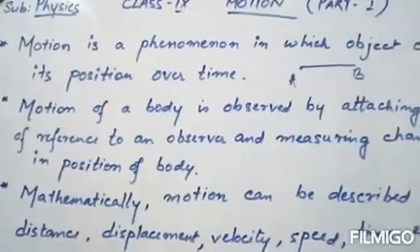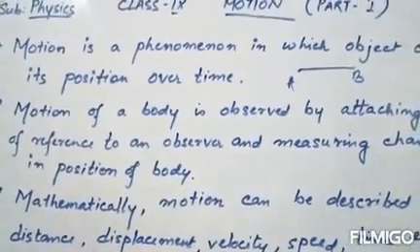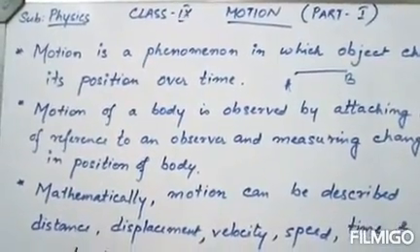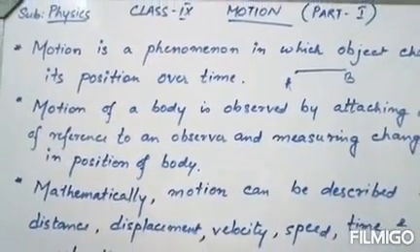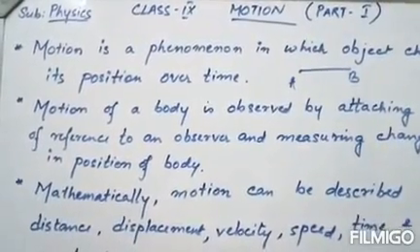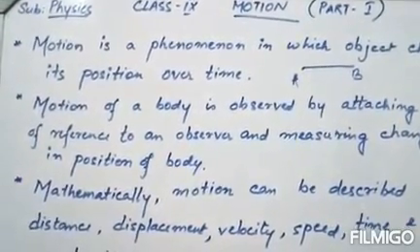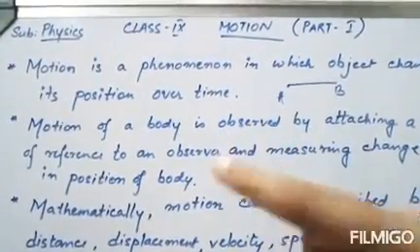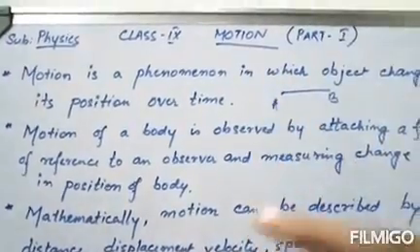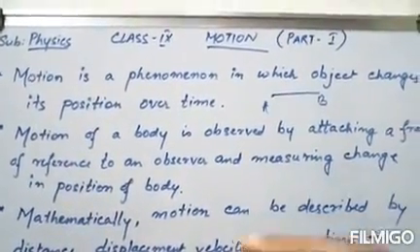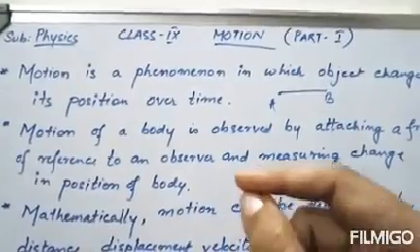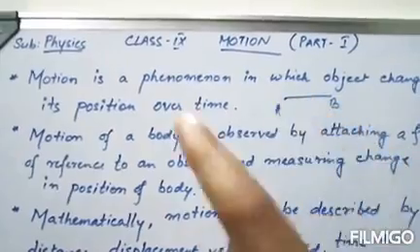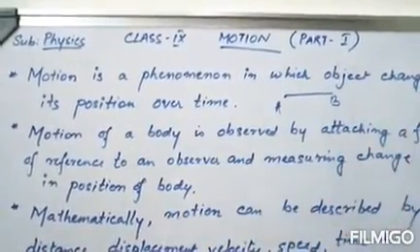Like a real life example, suppose at 8:30 you reach school, right? And after reaching the school gate, you move over a certain distance and you reach your classroom. That means you are changing your position over time. From 8:30 to 8:31, suppose at 8:30 you're standing at the school gate, then by 8:31 you're reaching your classroom. So over time, you're changing your position.